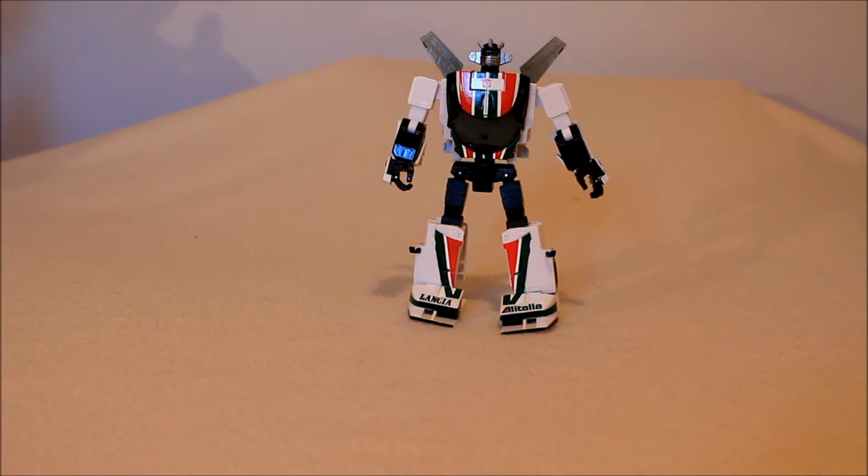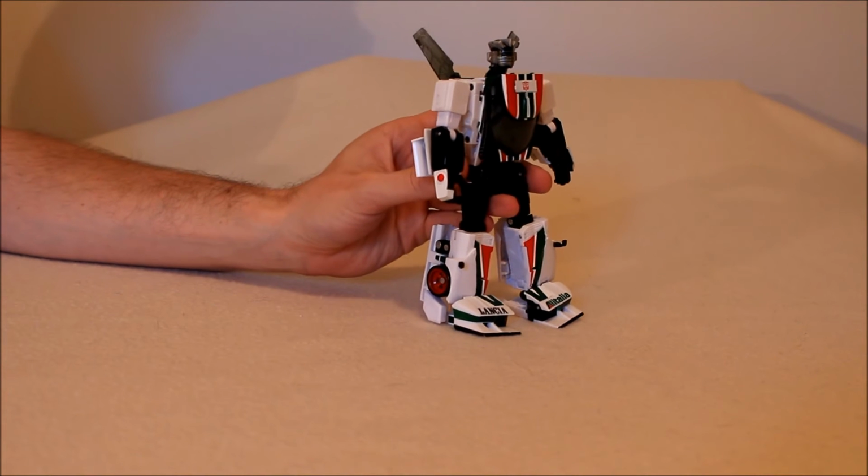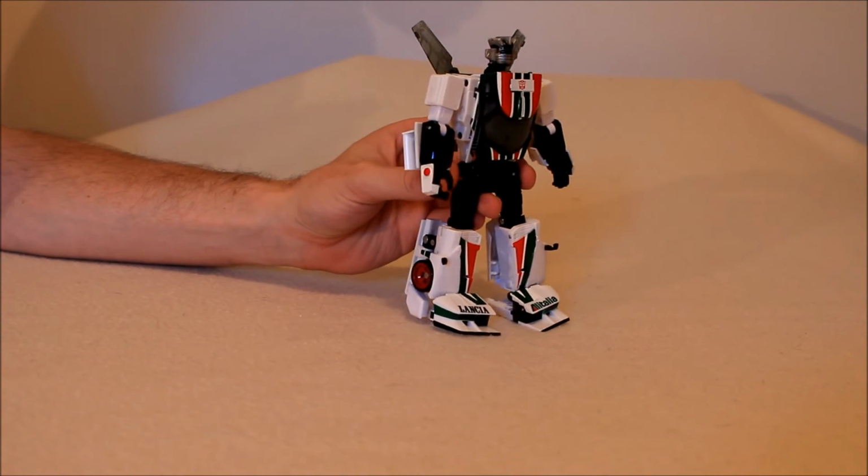There you go. Now, I feel like the transformation, as smooth as it looked there, is actually sort of fiddly. Everything tabs in well, but tabs in too tight, at least on the KO. If the tolerances are no better on the official, then that's a problem as far as I'm concerned. A lot of times I'm scared I'm going to break something. I haven't, and the material seems really good, but it's like every tolerance is off by half a millimeter or something, ever so slight. I do not like the fact that you need to get that, I guess, centerpiece through